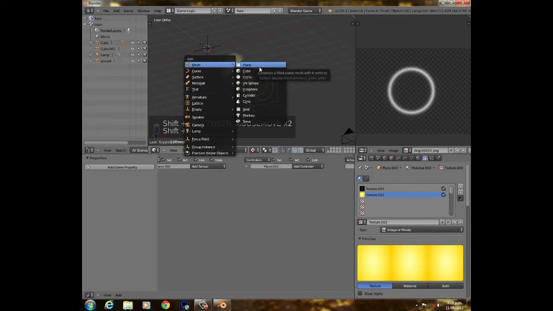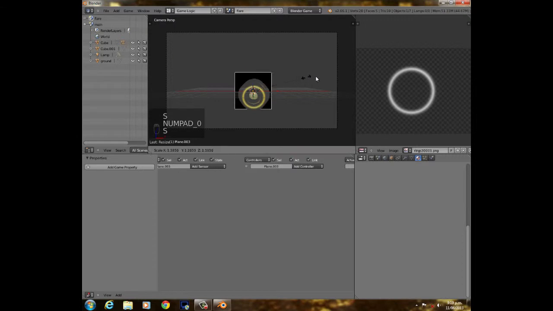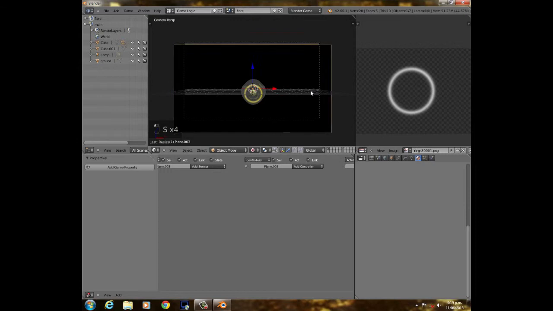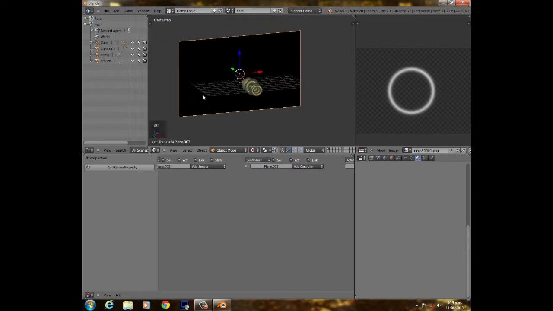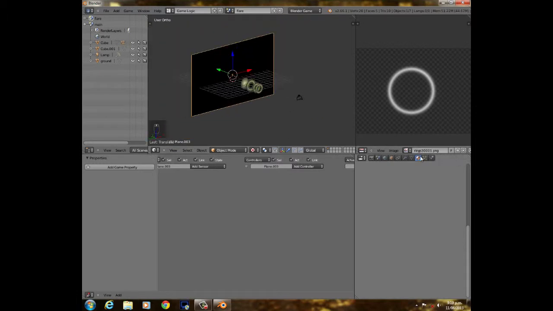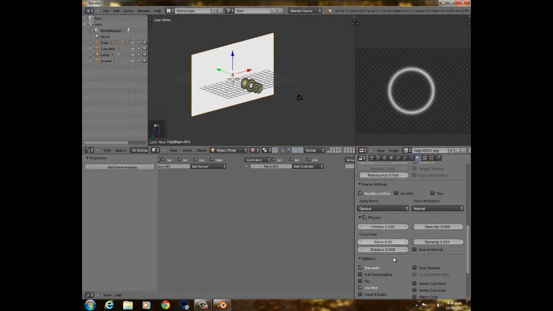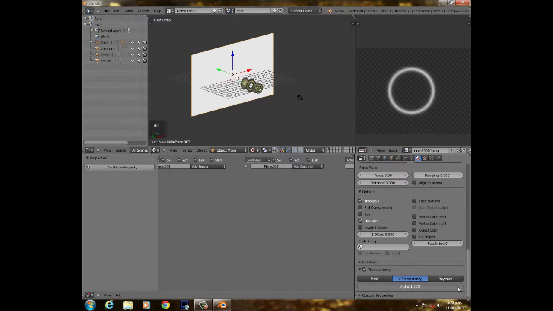So we can add a plane, RX 90, scale, and this is for the moisture in the lens, so this is going to have to be just about as big as the camera. So I'm just using basic moves, scaling it. You should hopefully already know how to do this in Blender. But yeah, material, a new one, nothing, shadeless, back facing off, transparency on,